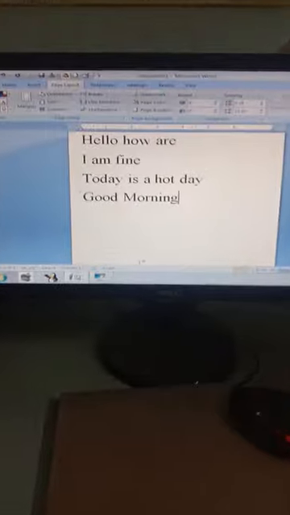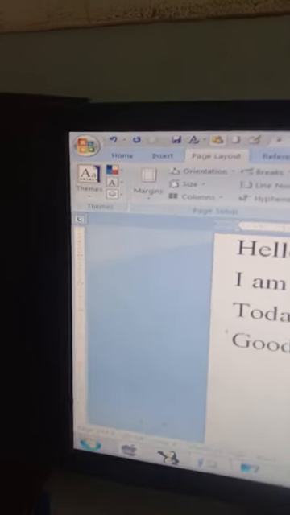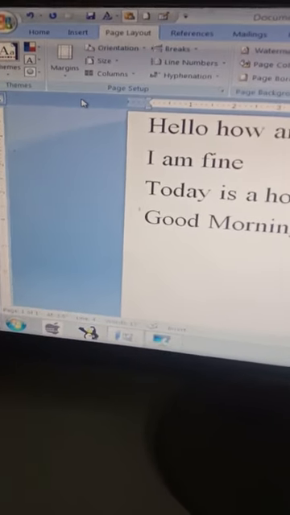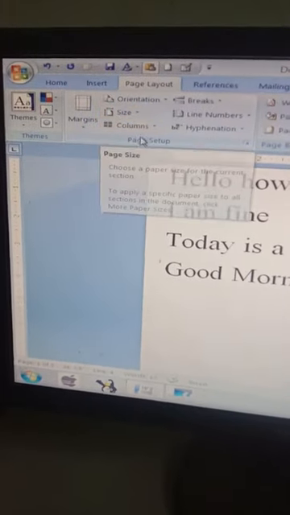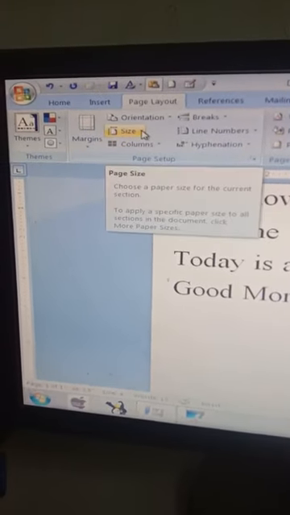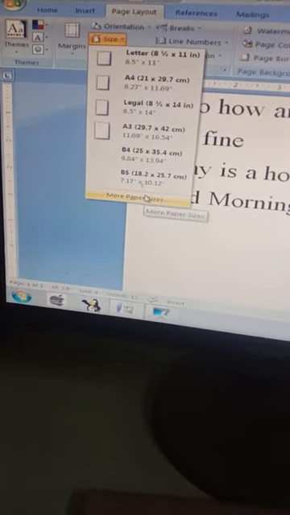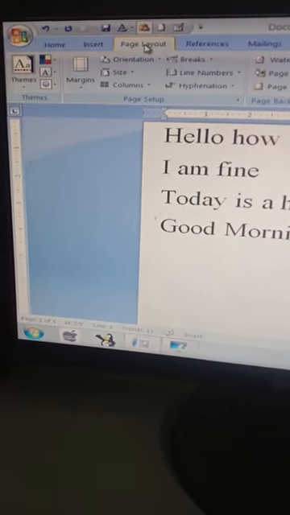Now if you want to change it, move to the page layout. From the page layout, move to the page setup group. We don't have to move to size; we will move to size in the next topic.